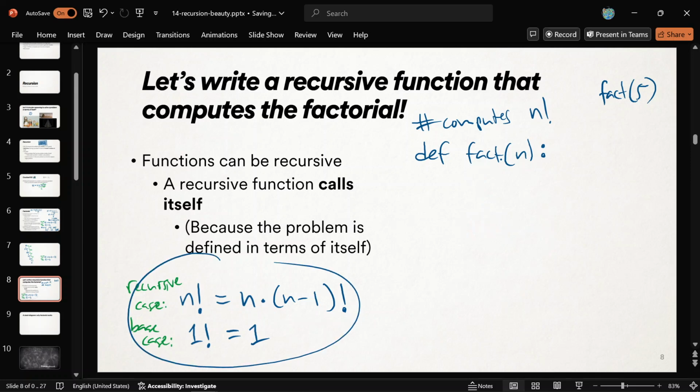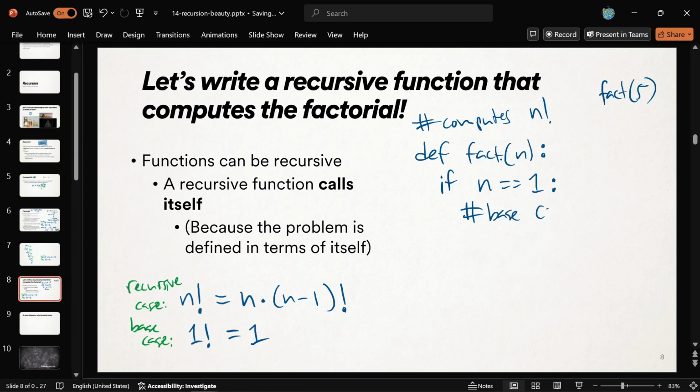So here's how you do it. To implement this from math into code, you just figure out which case am I in? Am I in this case or this case? It'll be an if statement to start us off. Am I in the base case right now or am I in the recursive case? I know that I'm in the base case if somebody wants fact of 1. So if n is equal to 1, double equals, remember. If n is equal to 1, that's my base case. And my final answer is just 1. Factorial of 1 is 1. I will return 1 to whoever asked for it.